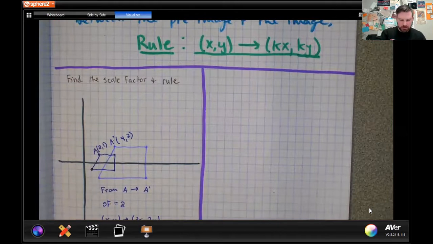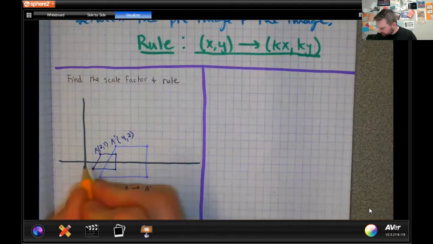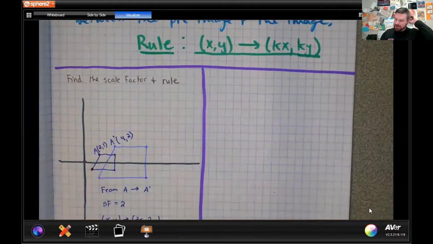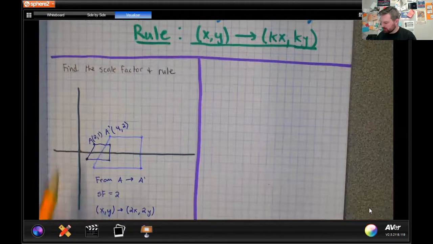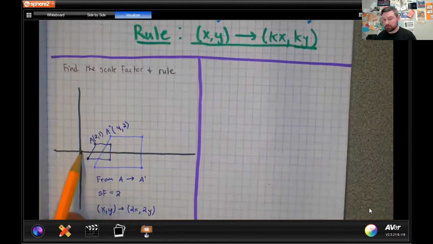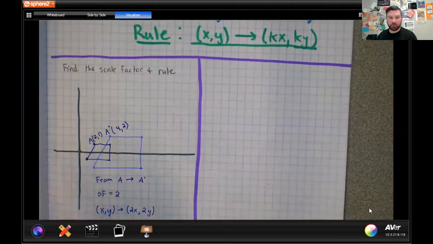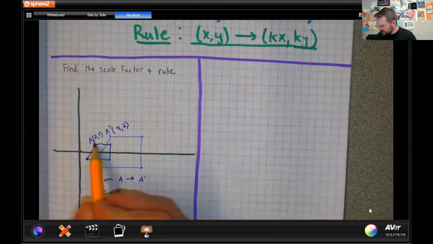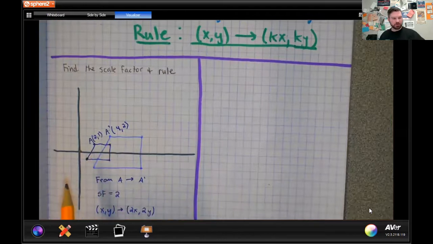There's something unique about dilations, and that is this is a dilation about the point 0, 0. We can change whatever point we want to dilate around, but for the most part in this class, we'll be doing it around 0, 0. Sometimes the question may say, find the point of dilation. Well, this is the point of dilation. And I know that because if I connect A and A prime with a straight line,